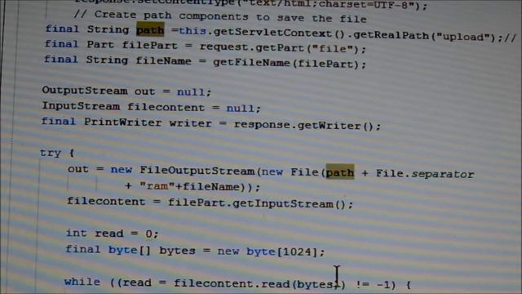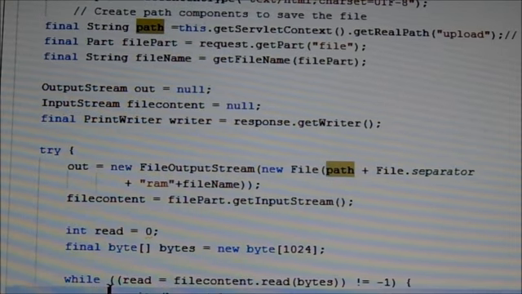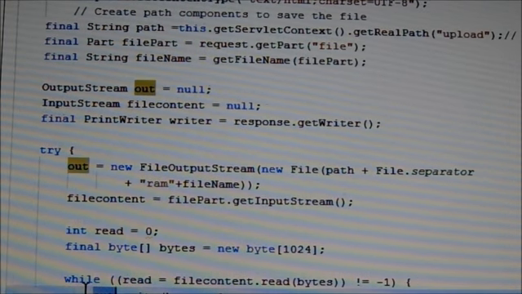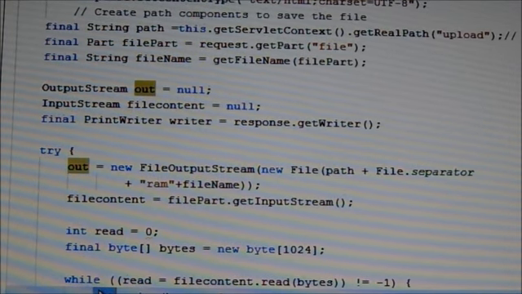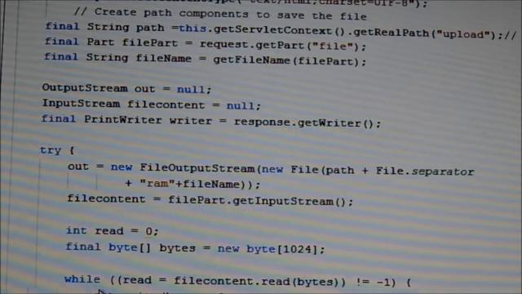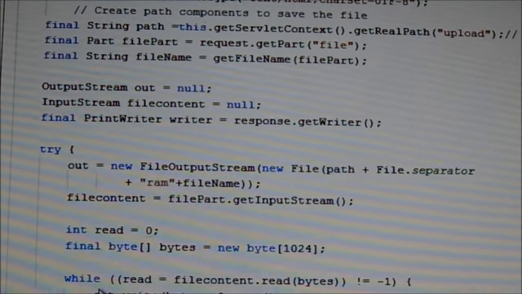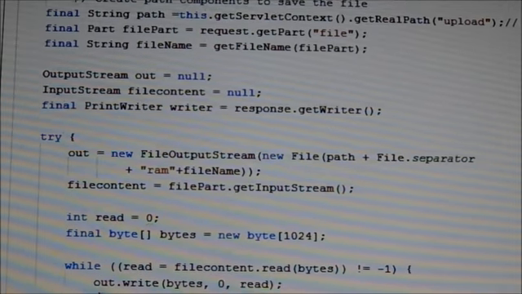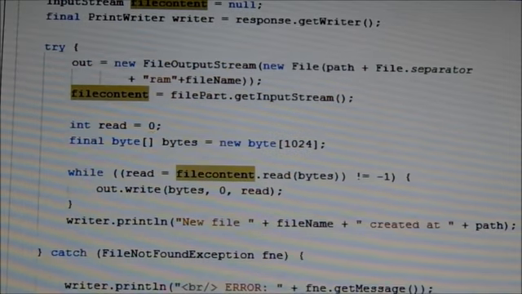When the read value is not equal to -1, the while loop continues running and writing, out.write(bytes, 0, read). Then the writer prints that the new file is created at the path, and when an exception is generated, it is handled here.